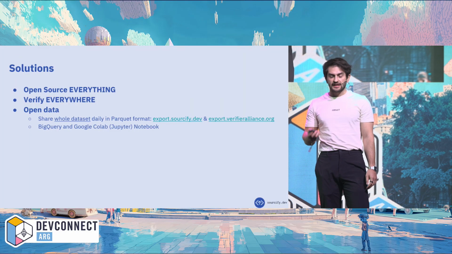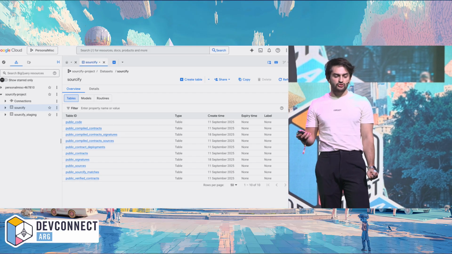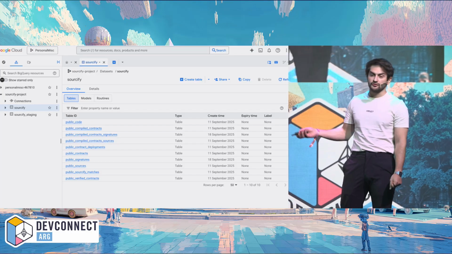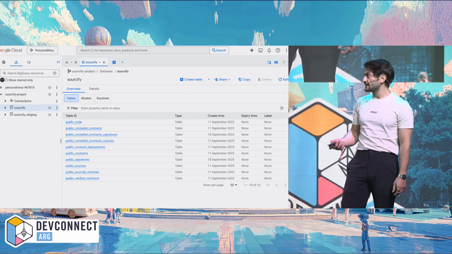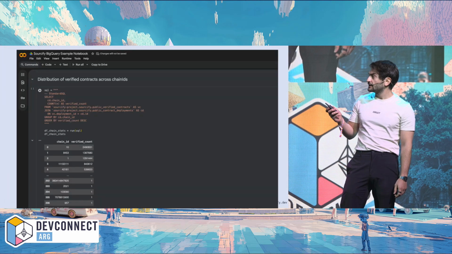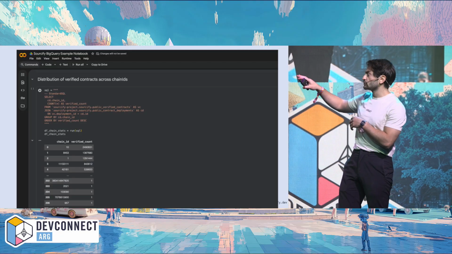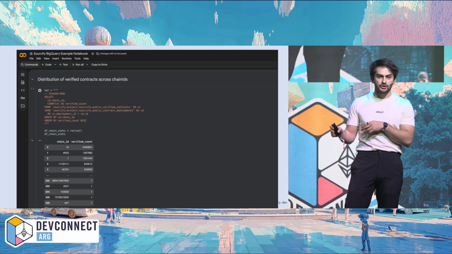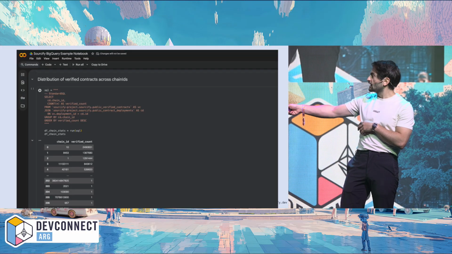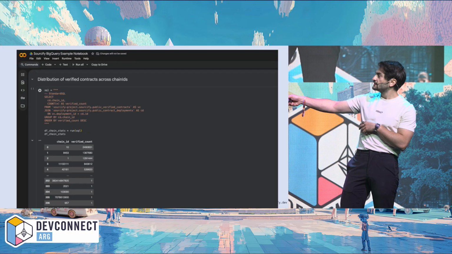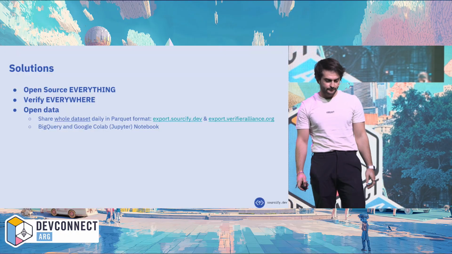We also mirror this data in BigQuery on Google, so that anyone using BigQuery can make use of this data openly. As you know, BigQuery works quite well on large datasets, but you can also nicely pull this dataset into a Jupyter notebook. I think on Google, it's called a Colab notebook. So you can spin up a notebook, pull the data from our dataset, and do any data analysis you want to do.